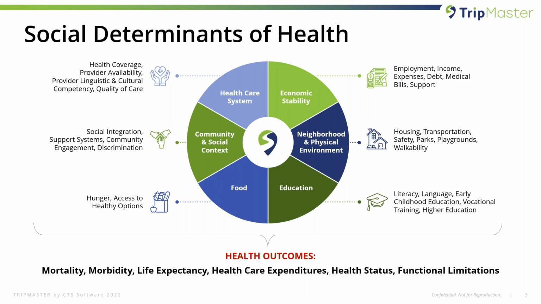And clearly, you guys understand this fairly well, because if you look at the health outcomes down at the bottom, the more you offer of these things, the better life expectancy and health status. And obviously, that's a primary goal that you folks are looking to provide to your members. So, quick wrap up there on social determinants of health. You do a fantastic job of offering the vast majority of these, and anything that you are unable to offer internally, a good transportation program can get those members to those services.